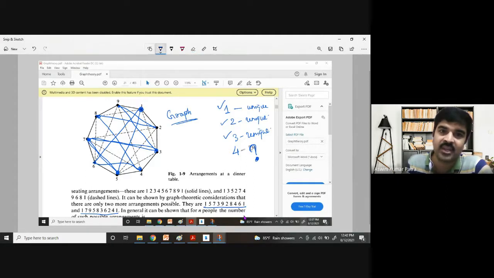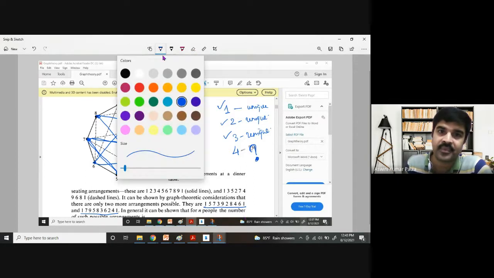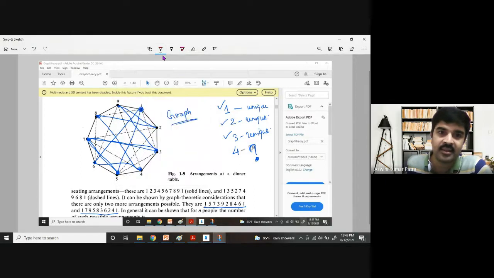179, you see, I'll color them. Let me use a different color. See, 1 and 7 is not connected. Still one new answer to be explored. 179 is not connected, you see. 79 is not connected yet. So that gives us hope that there is a new solution now. 9 to 5 is not connected. Five to 8 is not connected yet. 8 to 3 is not connected yet.